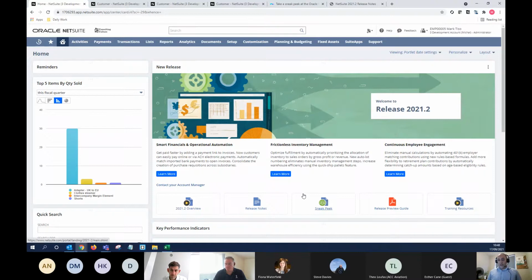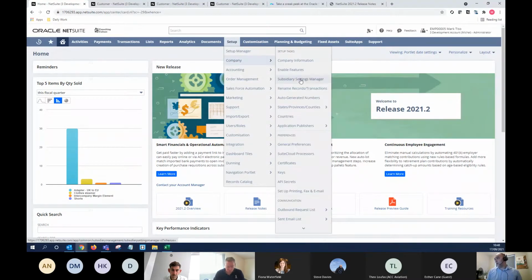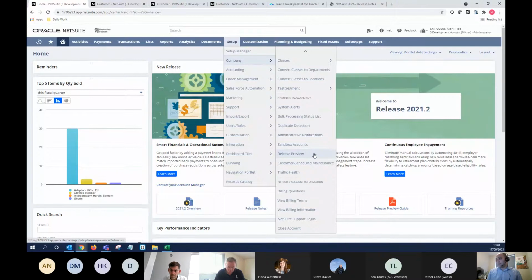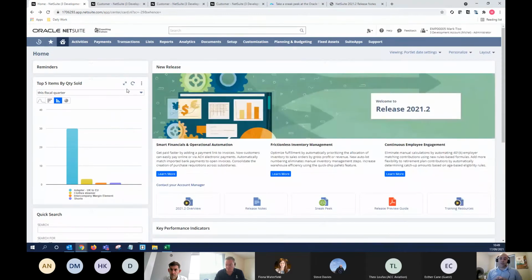And there used to be a link to it in here. They've now got rid of the link in here as well and buried it away in the bowels of the setup. In fact, let me show you where it does live. Setup, company, and near the bottom we have this release preview bar. So it works very similar to a sandbox request. I'm in a development account, so if I click this it won't load, because you're not allowed to have release previews on dev accounts, but it opens a page that's very similar to the sandbox refresh page, where it will take a snapshot of